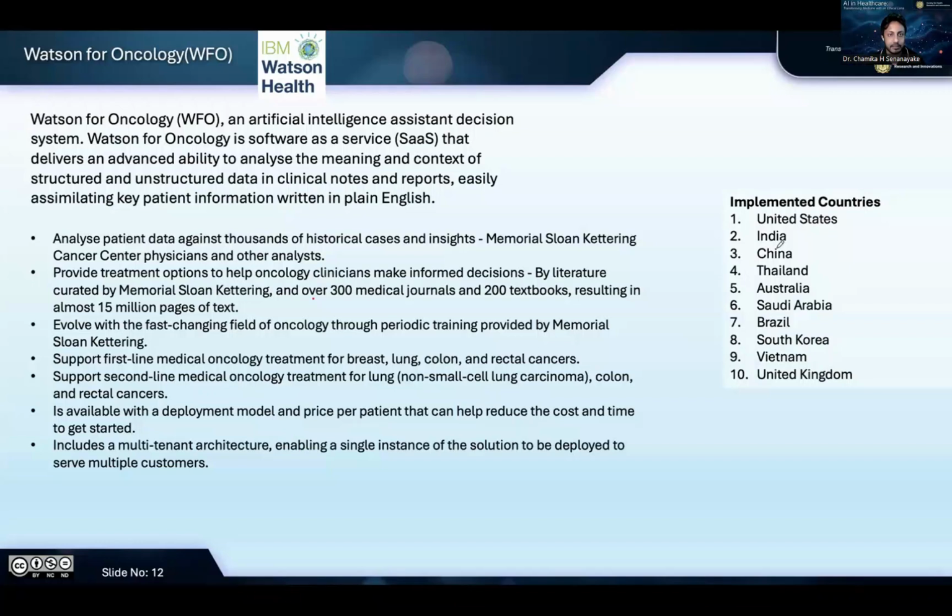So it's currently implemented in United States, India, China, Thailand, Australia, Saudi Arabia, Brazil, South Korea, Vietnam, and United Kingdom